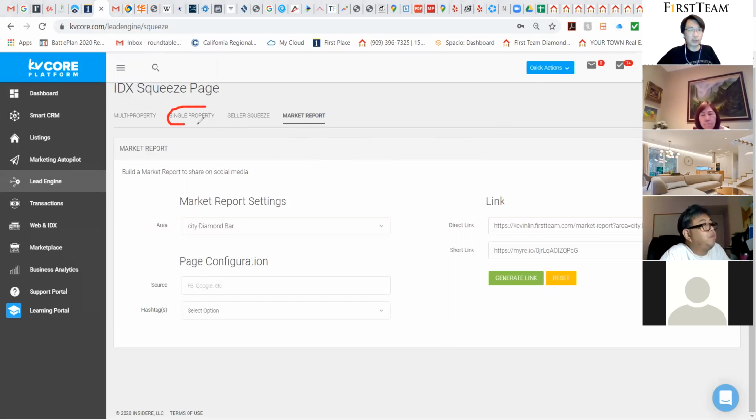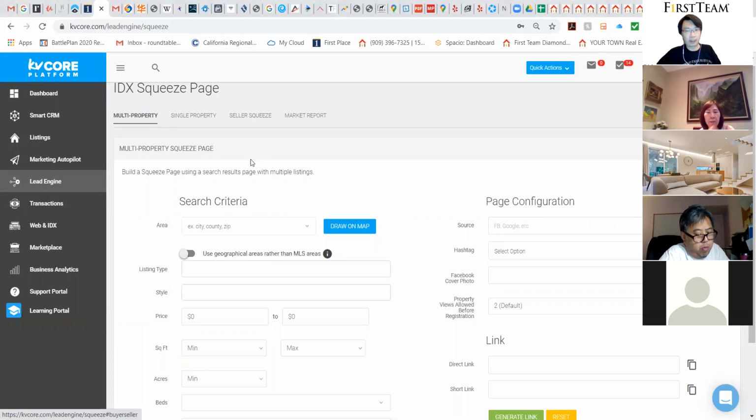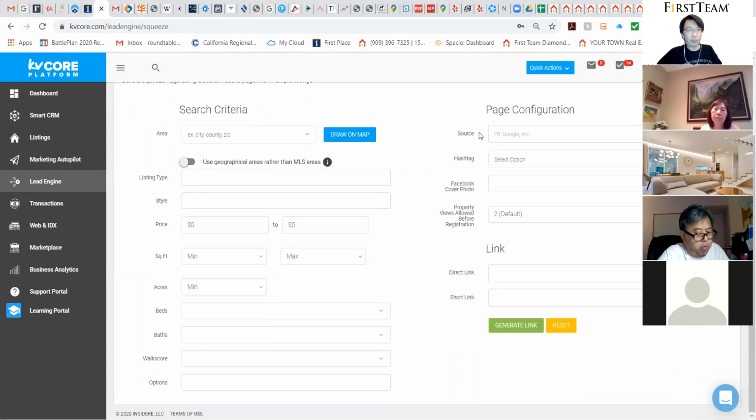So we finished a single property, seller squeeze, and market report. The last one I want to show you is the multi-property. Okay, multi-property meaning that you could give them a list. It's not just one property. It's just like MLS. If the customer is interested in diamond bar,